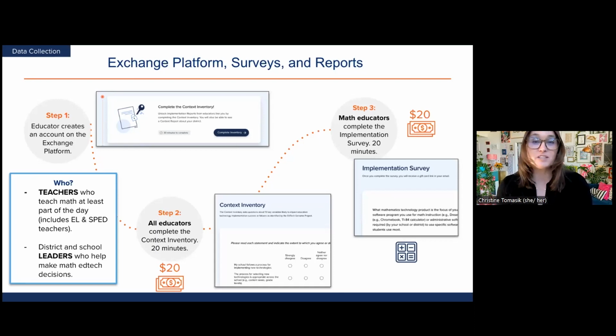Educators decide where to spend that e-gift card, anywhere from Amazon, Target, Walmart, Home Depot, REI, Whole Foods, Best Buy, so many choices. So yes, that's $20 all educators can earn for completing the context inventory, and an additional $20 math educators can earn for completing the implementation survey.